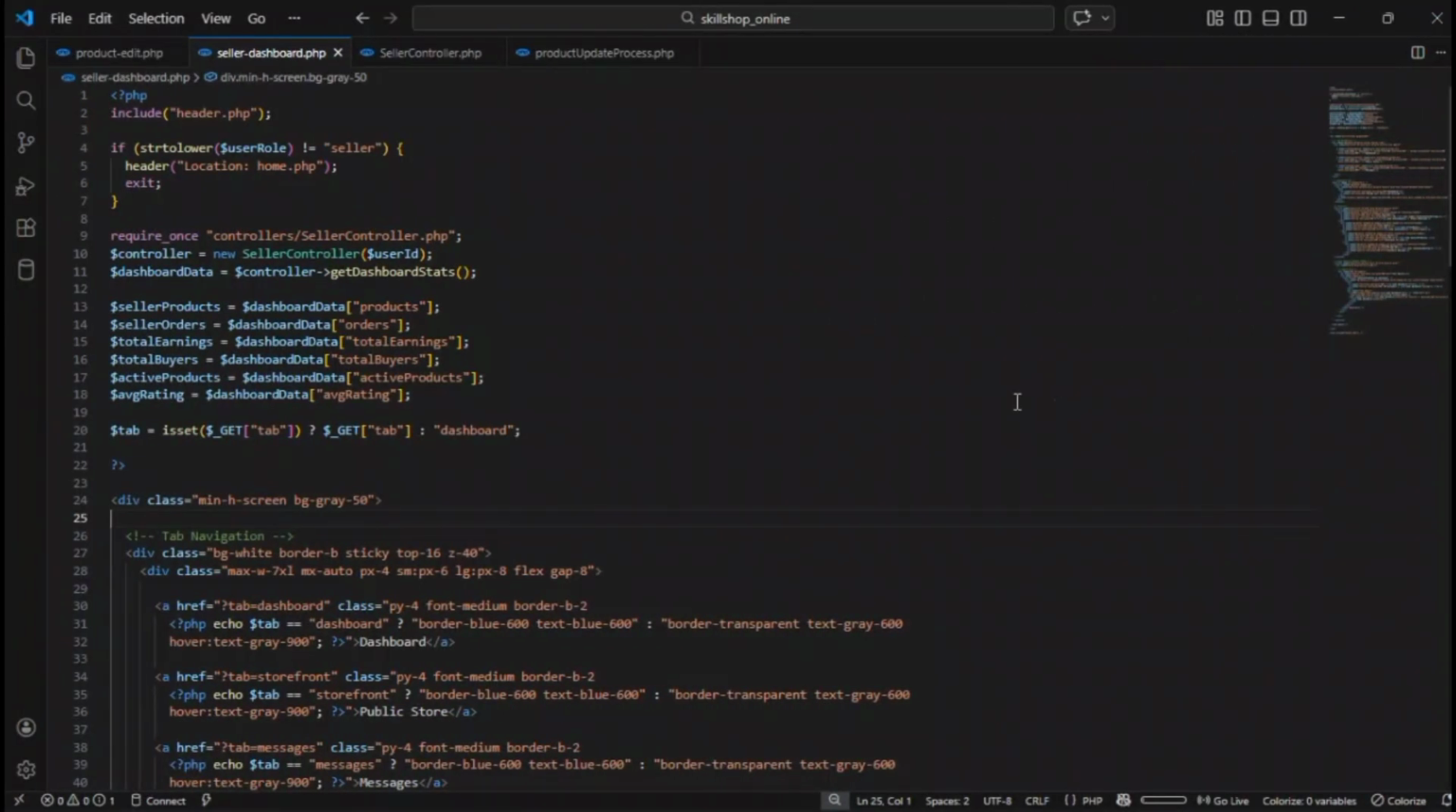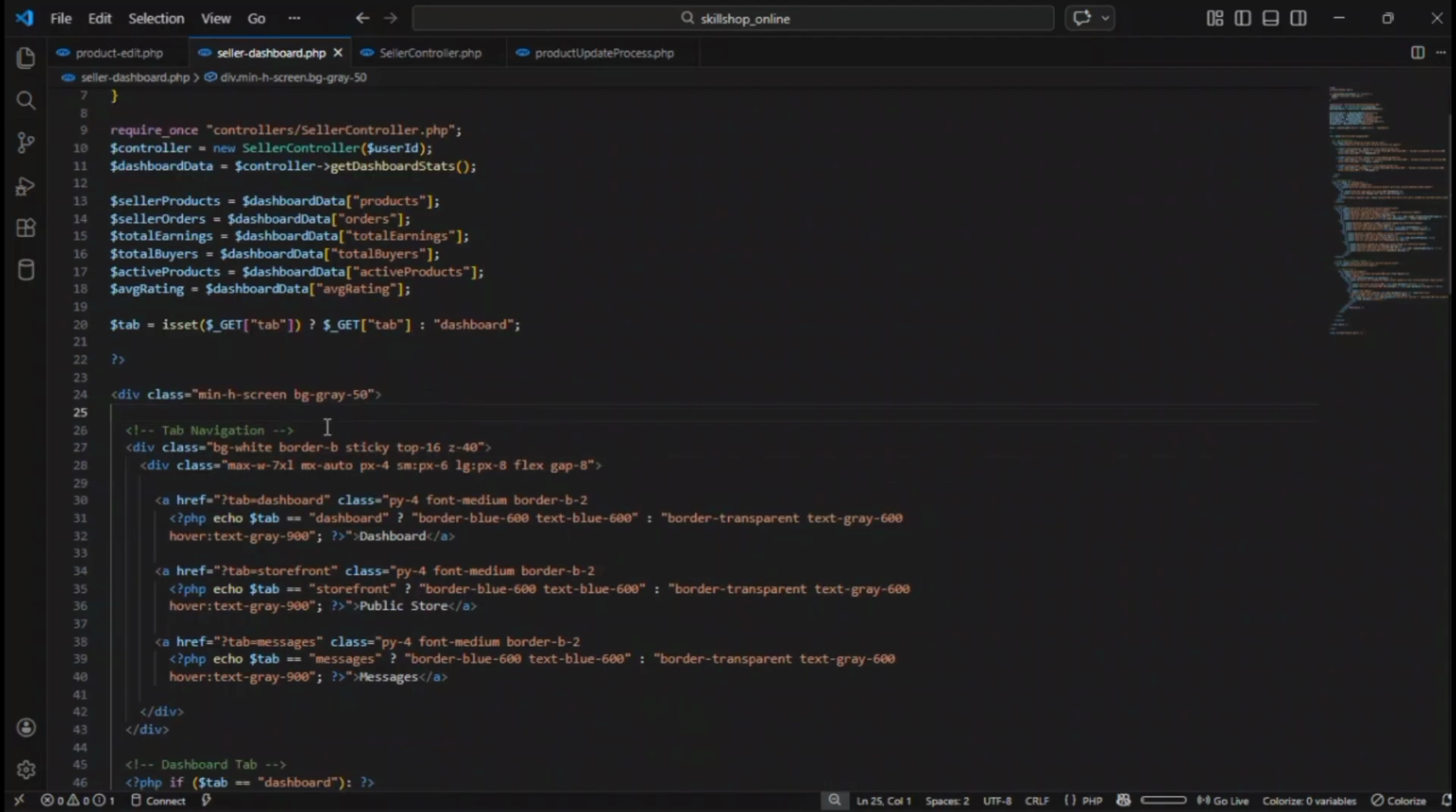Now first I have a div with class min-h-screen and bg-gray-50, and inside this I have first the tab navigation. So in this tab navigation, first I have given the classes bg-white, border-b, sticky, top-16 and z-40. Then I have another class max-w-7xl, and then margin horizontally auto,